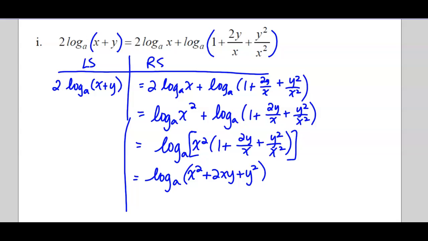This side is more complicated than the left side. But take a look at the left side. It's got a coefficient, the 2 in front of that log, using the power law. So you could still keep working here. I'm actually going to go to the left side and work with it a little bit. And then x plus y squared, well, if I expand that out, I get that. Or if I factor this, I get that. So you decide which side you're going to work with. If I expand it out here,